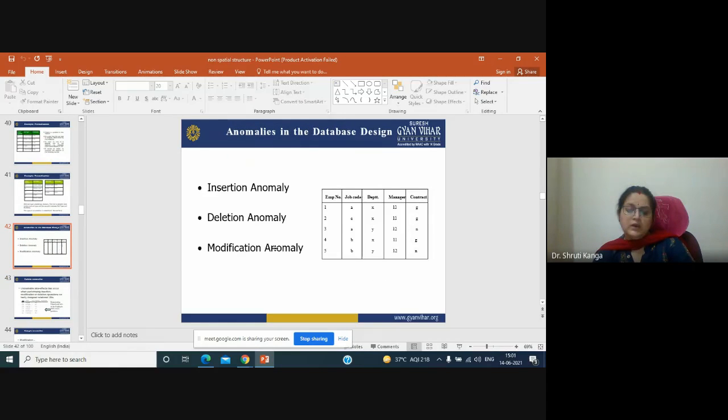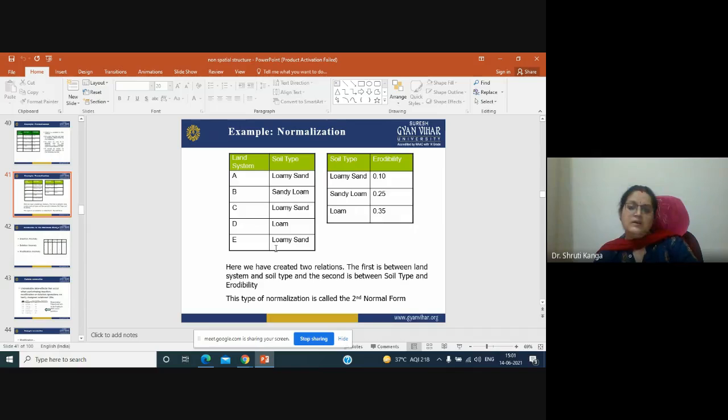Okay, when we are talking about normalization, it is better that we have two tables, where A denotes the soil type and B is talking about the erodibility.